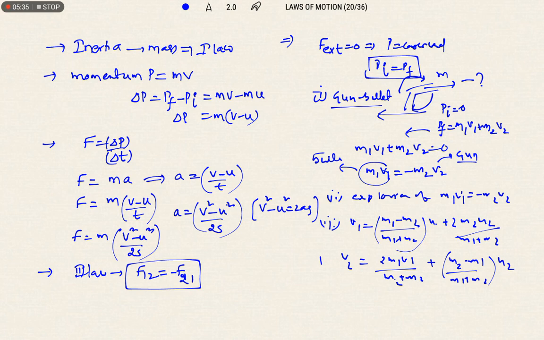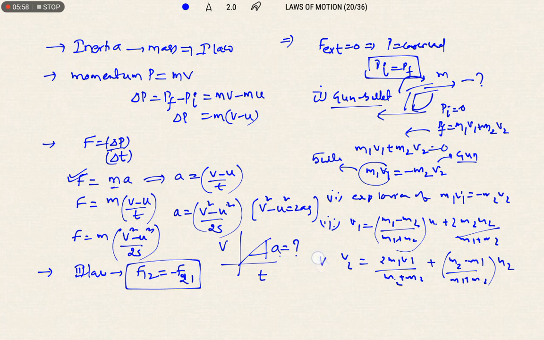In the same way, we also discussed some graphical applications. Sometimes they are going to give the graph between velocity and time. With the help of this graph, we calculate acceleration. The slope of the graph gives acceleration. By finding the slope, we get the value of force if the mass is given in the question.